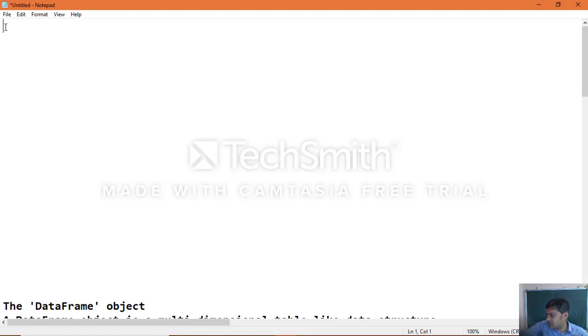Since the data frame is a two-dimensional array, the first thing we want to know is: what is a two-dimensional array?